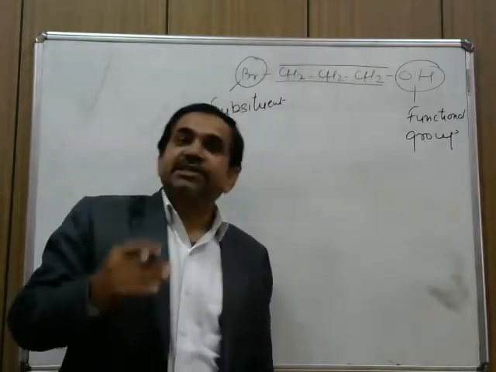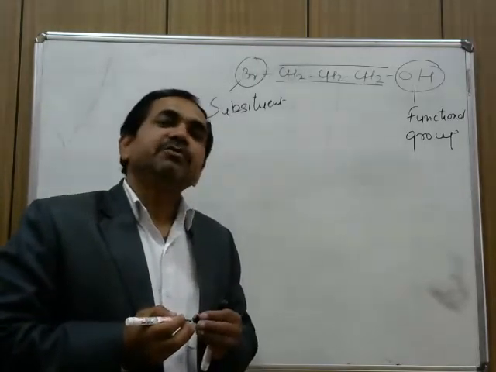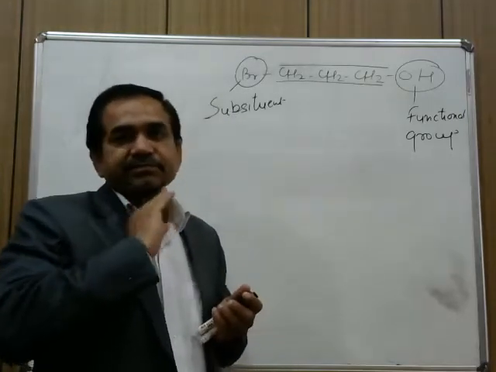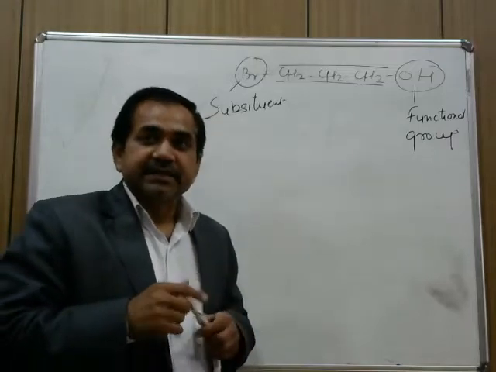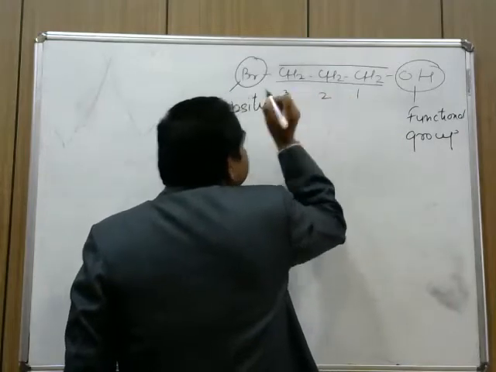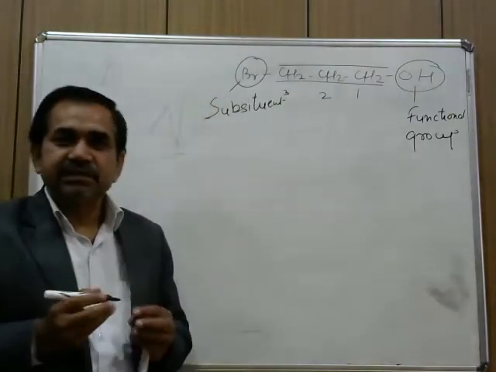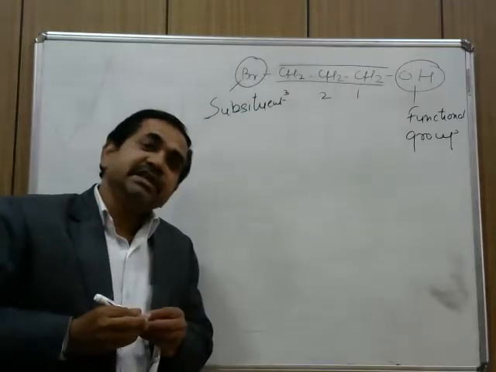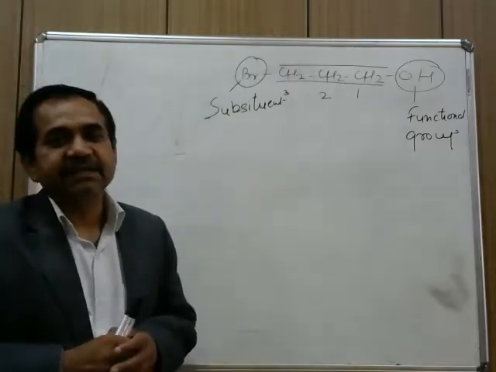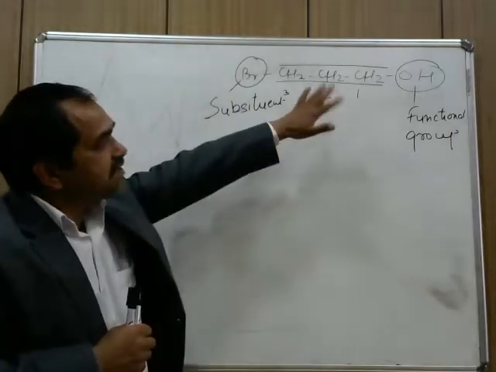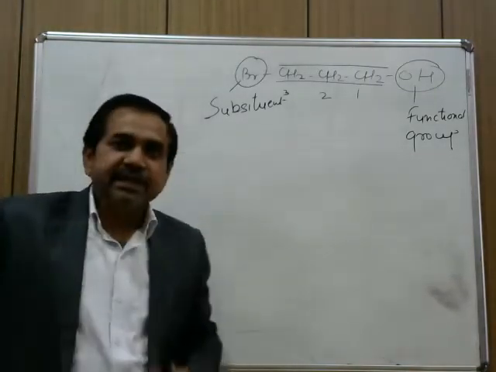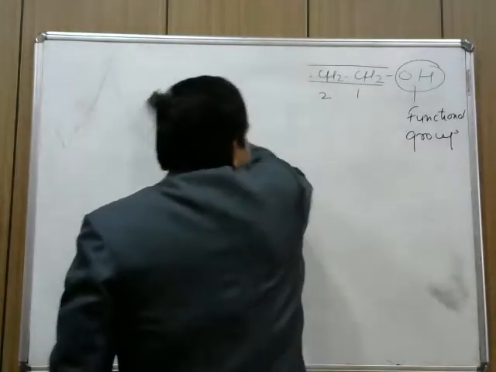So if this is the situation, the compound has both a functional group as well as a substituent, then it should be numbered from that side which gives the least number to the functional group. In this case, the position of the substituent is ignored. So for the numbering of the parent chain,